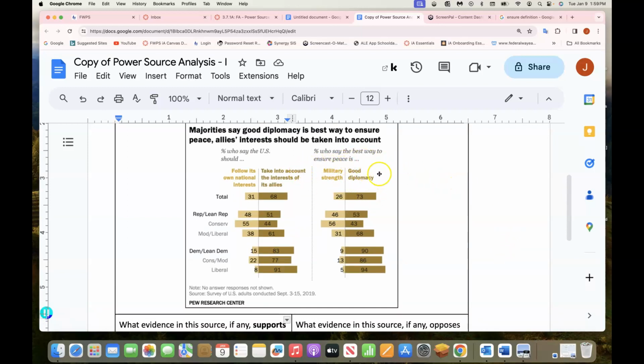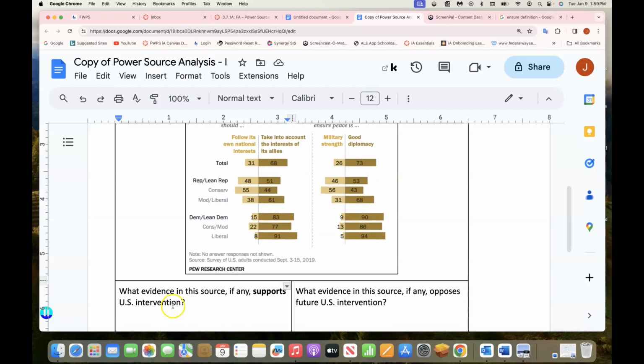this is the side that we are going to look at regarding U.S. intervention. All right. If we use the military, that is intervening. If we are making decisions to ensure peace, we are intervening. All right, so let's just look at the data and write